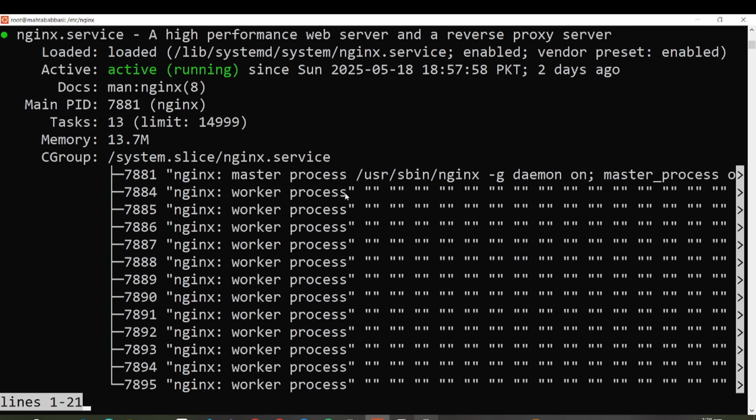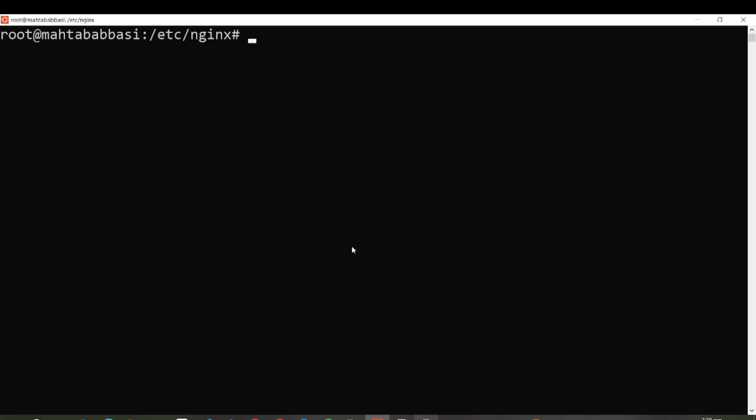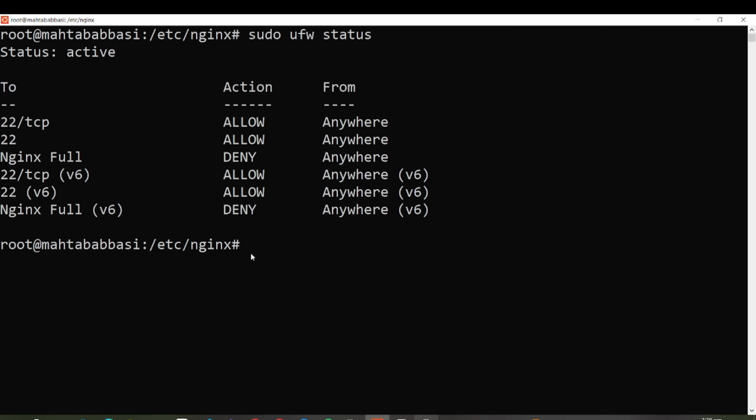Okay, great. It is already running. One other important thing you have to check is the status of your firewall. For that you can just write sudo ufw status. Here you can see nginx full is deny, nginx full (v6) is also deny, and others are allow. So for that you can write sudo